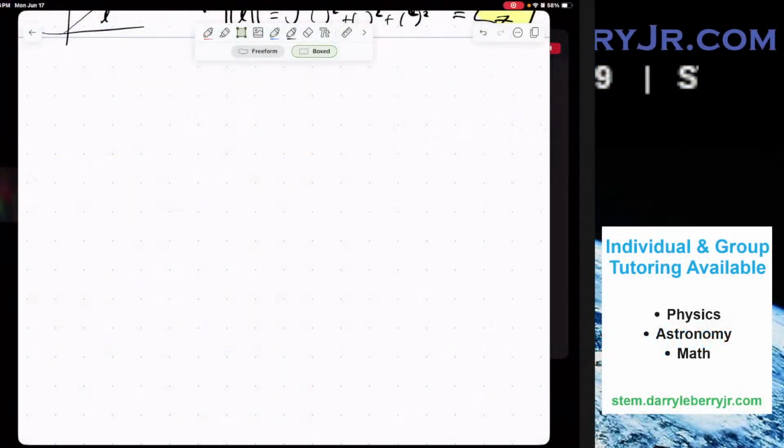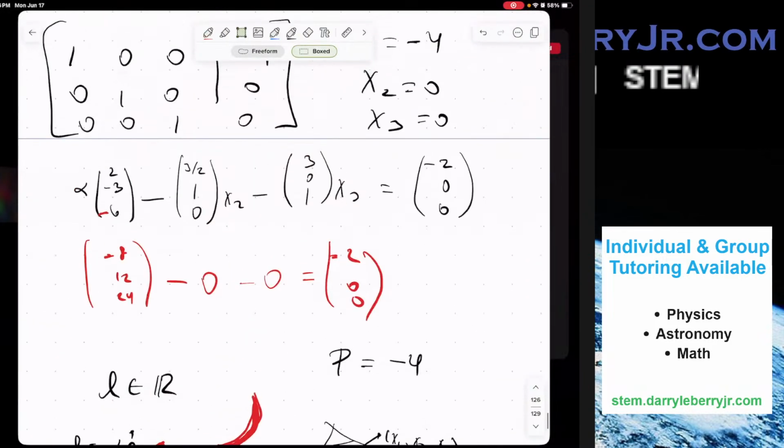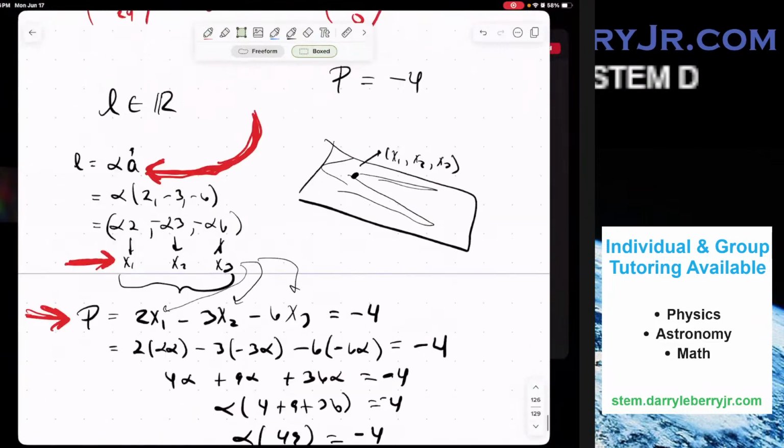All right, you all, I'm back, ready to do some more linear algebra problems. I think I shall continue from where we were before, starting with